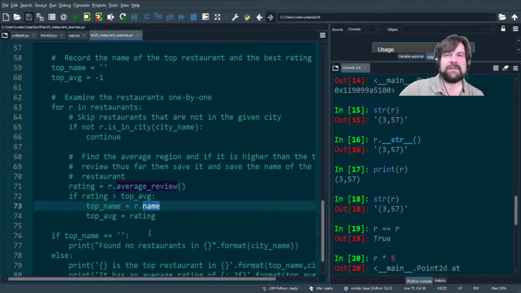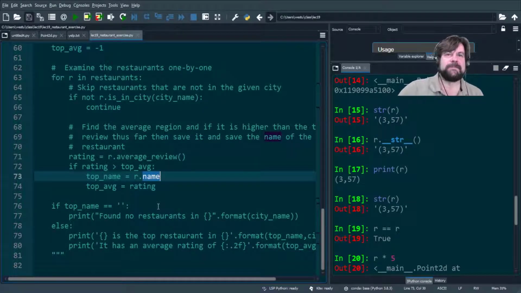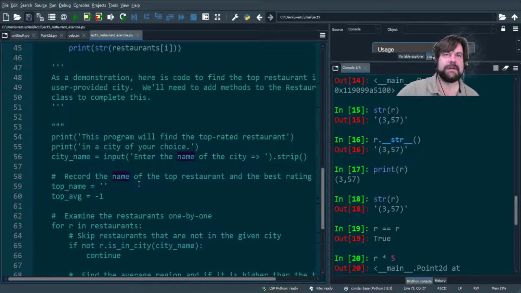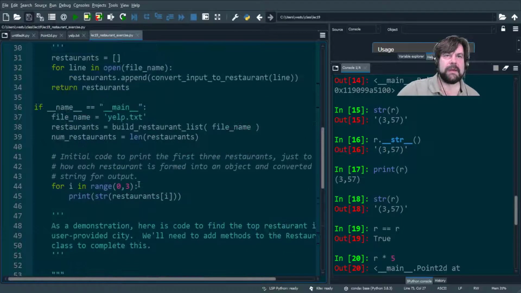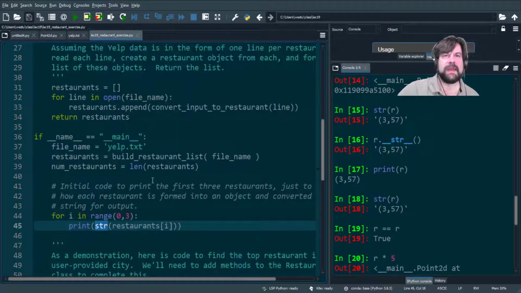And then we need the ability to access the name of the restaurant. You can see that this is actually accessing the attribute directly, which I told you we don't in general want to do. We'd prefer to use what they call a getter implementation. And really that's all, right? Average review, name, isInCity, a string function so we can print it out and look at it pretty, and